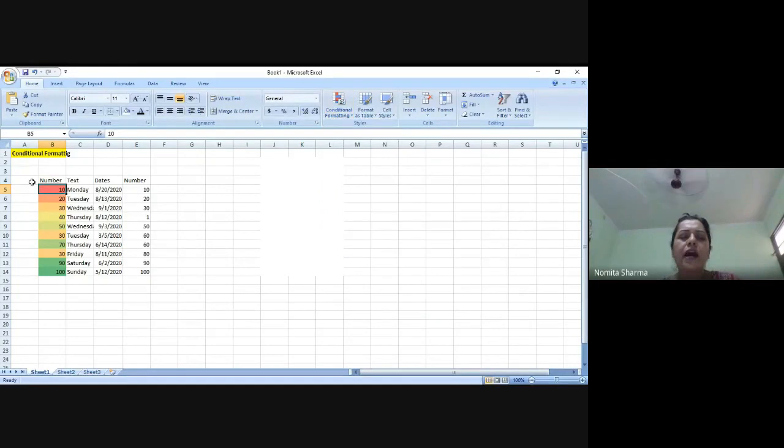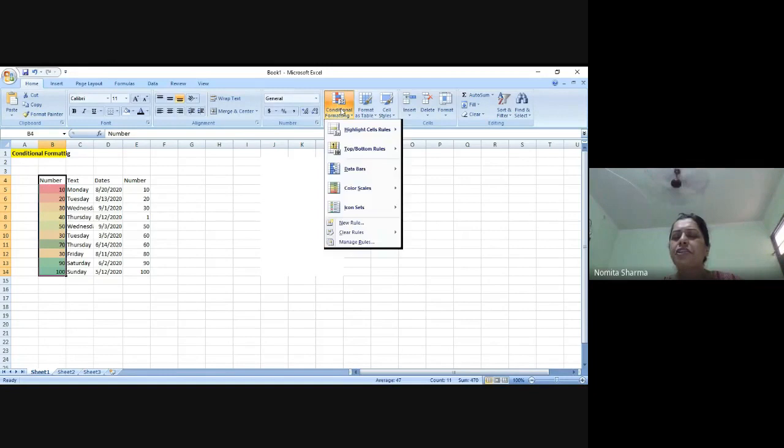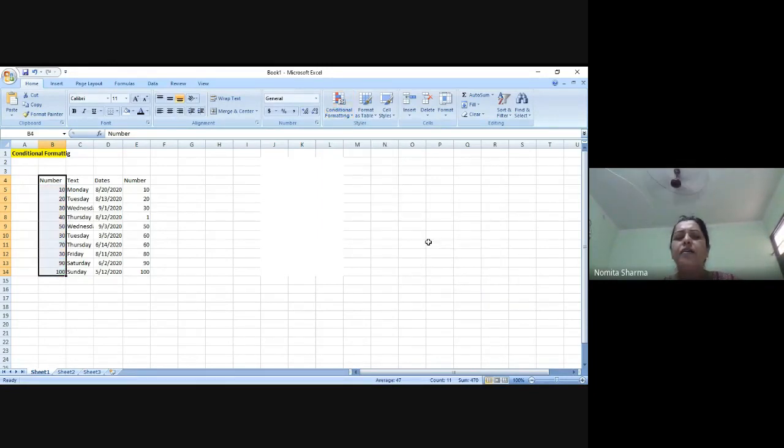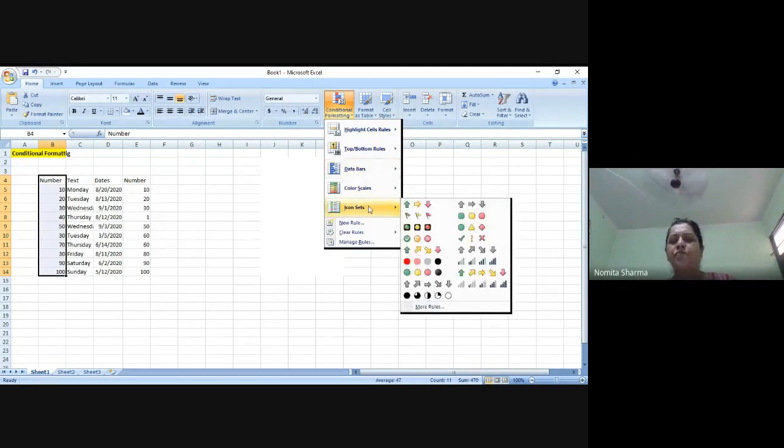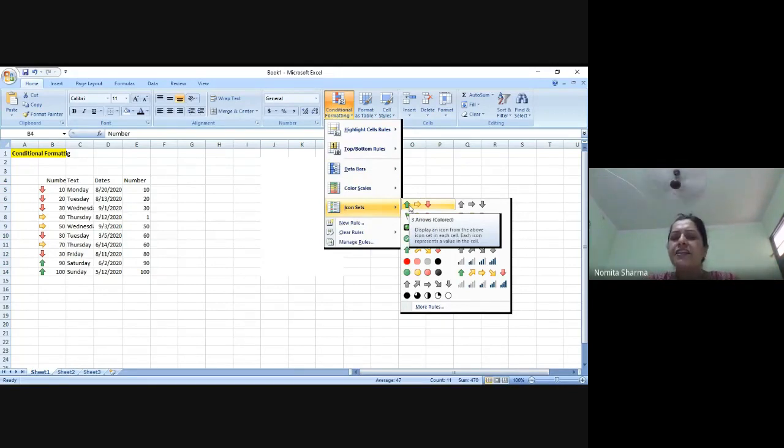Let me just clear this, and then I go to the icon set, which is another pictorial representation of the data that you can use to showcase your data in a very attractive manner or in a very clear manner. So I go to conditional formatting after selecting the column, and I go to icon sets, and I first select this particular option of arrows. As you can see the change happening in the Excel sheet, all the 10, 20, 30, which I suppose are the lower numbers, are being shown with the down arrow, which is red in color. 40, 50 are stable, or maybe they are medium, so they are shown with yellow color.